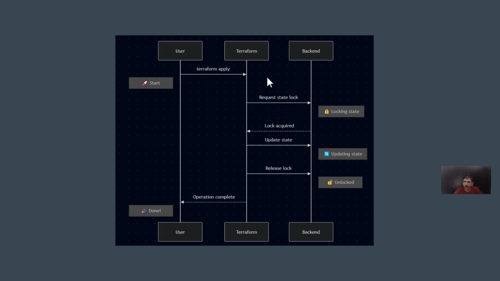Once the lock is acquired, Terraform will start the operation on the state file, primarily the write related operation. Once this operation is completed and the state file is updated, Terraform will release the lock and the final operation will be completed. Once the lock is released, if any other user wants to modify the tfstate file through an apply or destroy operation, they'll be able to do that.